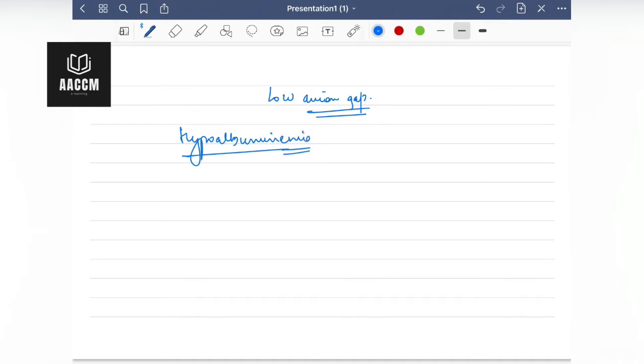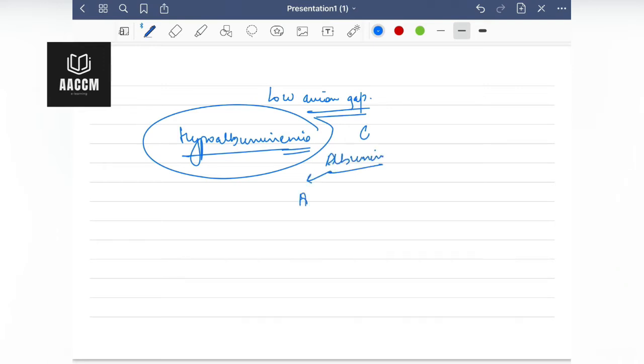Now we have to remember that because albumin is a major negatively charged anion in the body, a fall in the albumin level has a direct effect on the calculation of anion gap. Which brings us to the next topic, that is corrected anion gap,